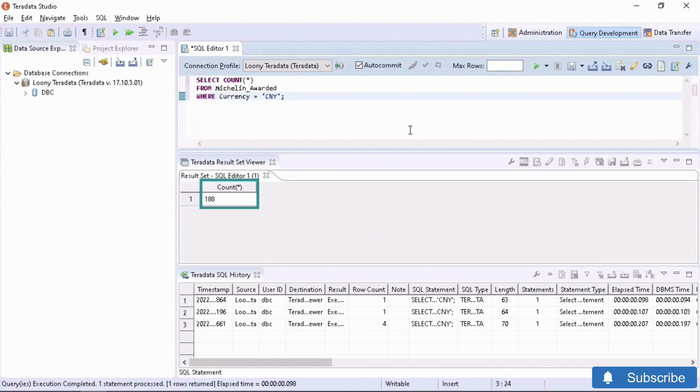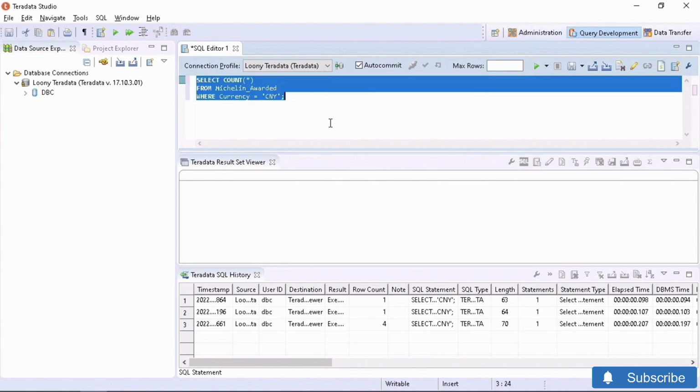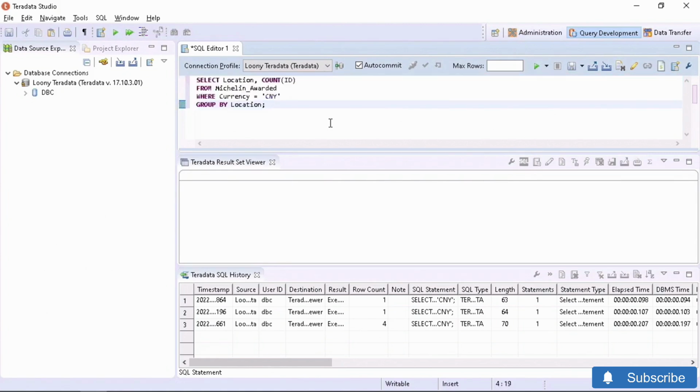Here we have performed a count aggregation across the entire table, but this can also be applied to groups of rows within the table by including a group by clause. In this query, the from and where clauses are the same as before, but by specifying group by location, all of the rows corresponding to distinct values of location will be grouped together. In our case, given 4 distinct values